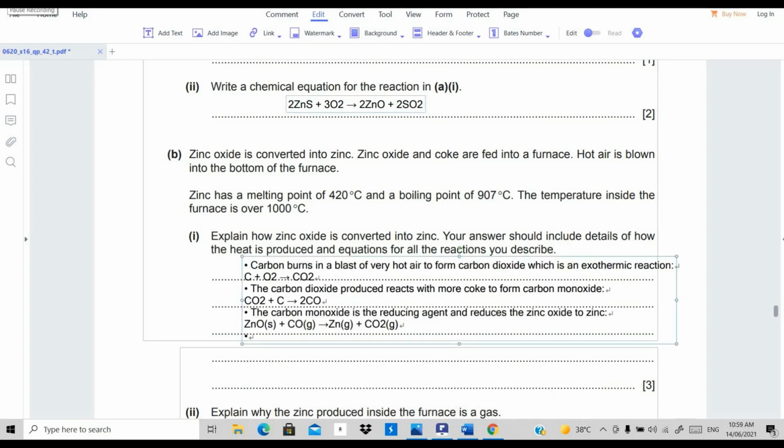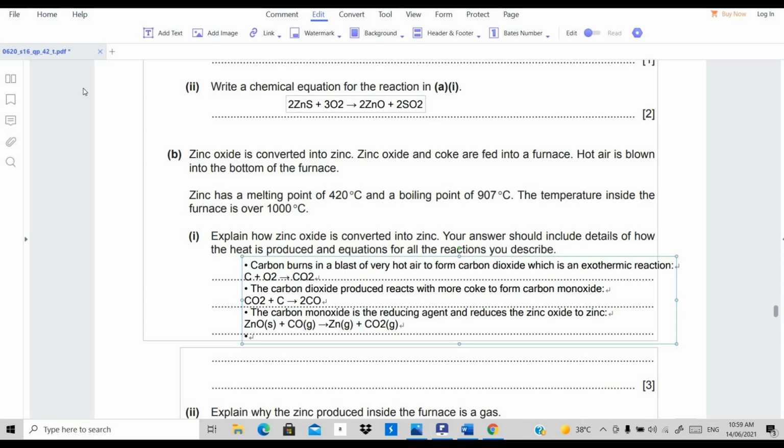Okay, guys, there are some points you need to mention. Firstly, your marks will be for the three equations. It's a 3 mark question, so three equations you need to mention. Firstly, carbon burns in a blast of very hot air, which contains oxygen. So oxygen from the hot air will react with carbon and form carbon dioxide, which is an exothermic